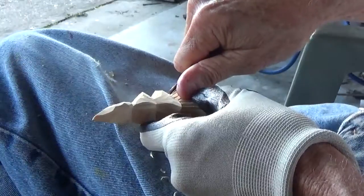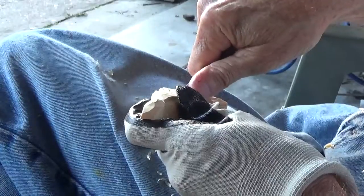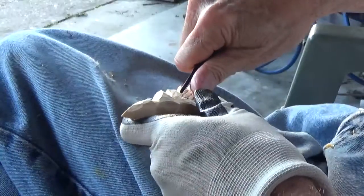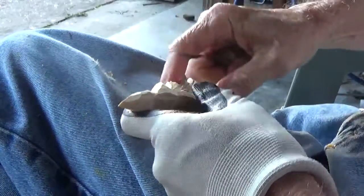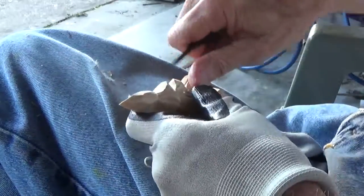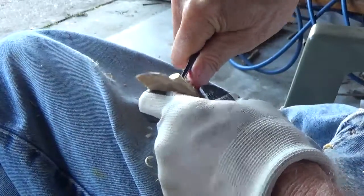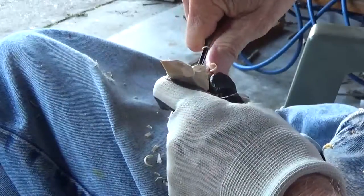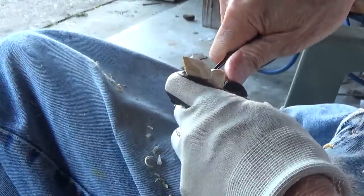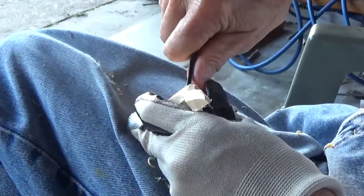Now we want to make this one, our little triangle. And then our larger one here. And then our little sweeping motion here. And then off to the side, the same thing, in other words. There we go. And we want to bring them up to the top enough, and we use our sweeping motion